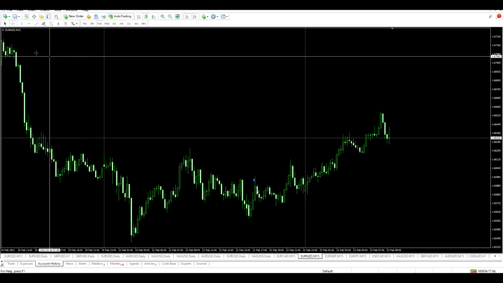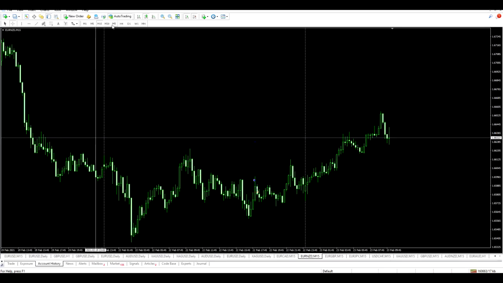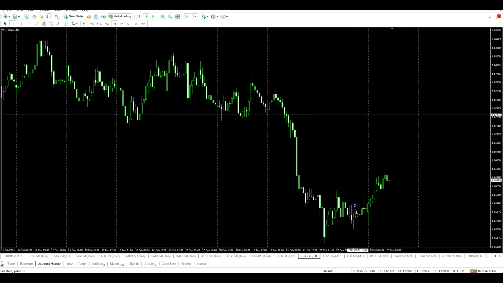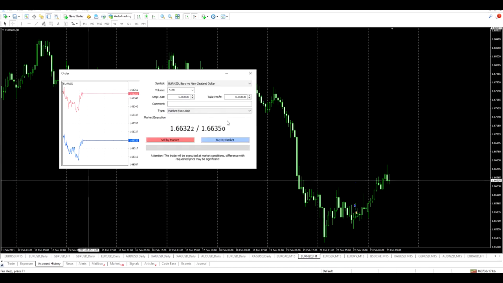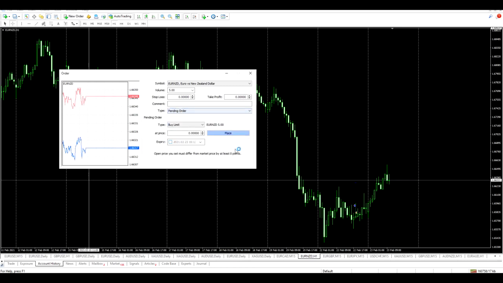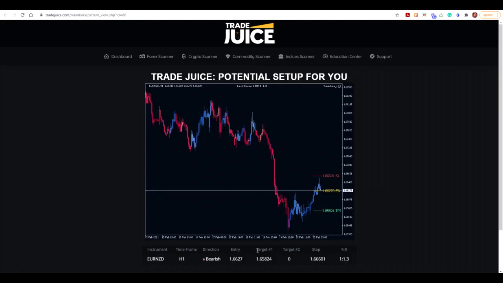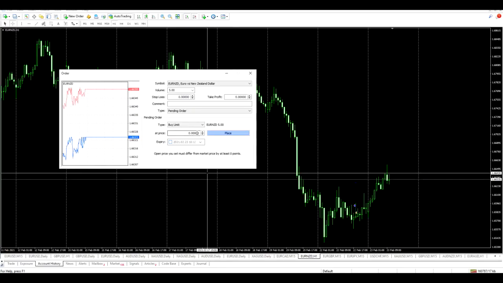What I'm going to do is go to the New Zealand dollar, go to the 1 hour time frame, and enter a new order. Price is not yet at the point of entry, so I'm going to set up a pending order. All I'm going to do is copy the entry, and we're going bearish, so I'm going to put this in as a sell stop